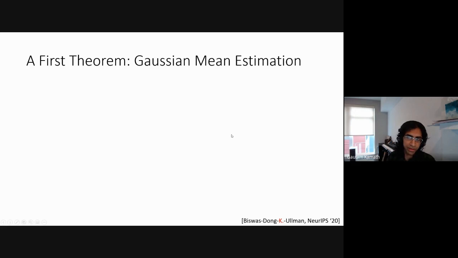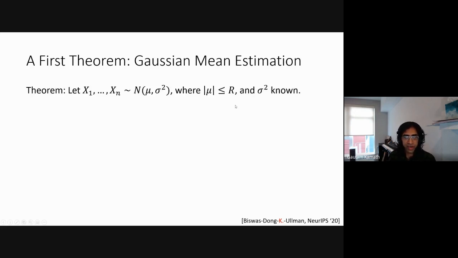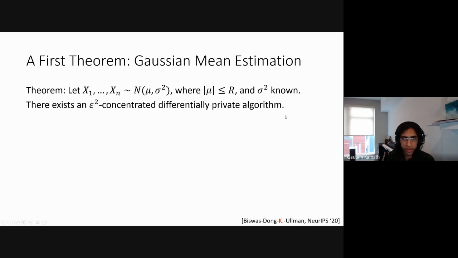So, okay, let me tell you another theorem first on Gaussian mean estimation, which is kind of a better version of what I showed you a few slides ago. The previous one was kind of folklore. This one is what our algorithm gives. Again, we're in the same setting where we have a data set generated according to a Gaussian, let's say with known variance, or you can let sigma squared equal 1 if you want. There's the private algorithm, which outputs a confidence interval, L R, for mu.